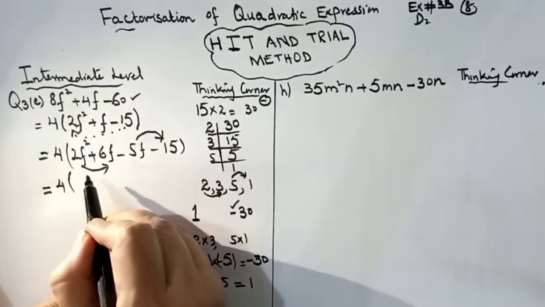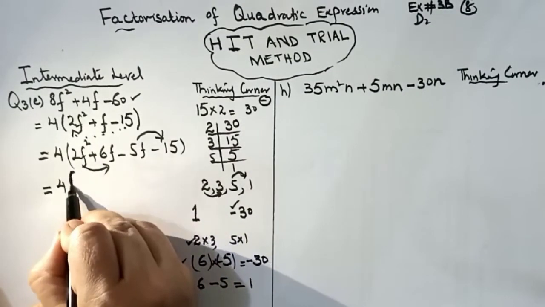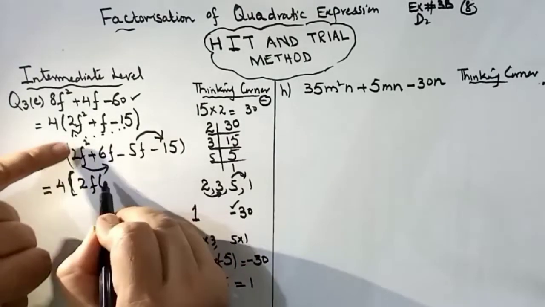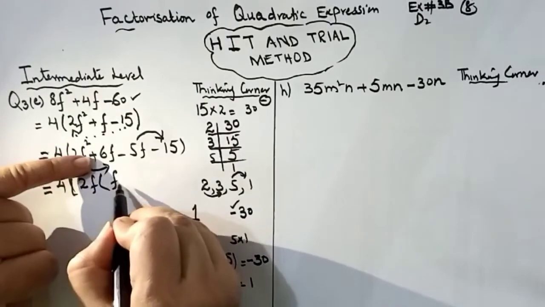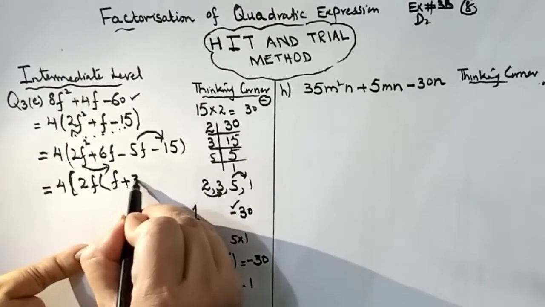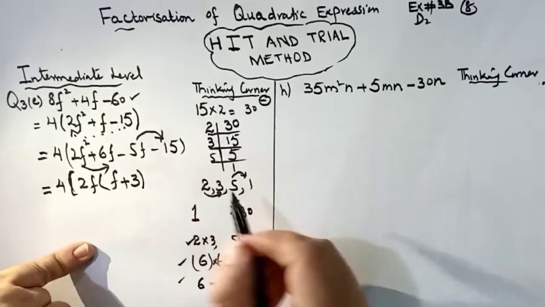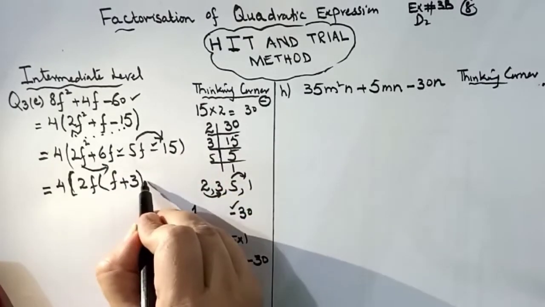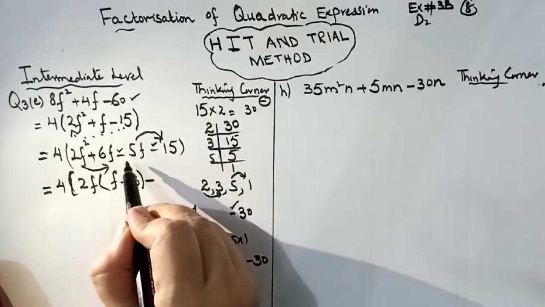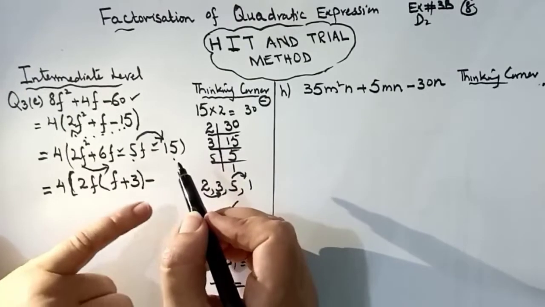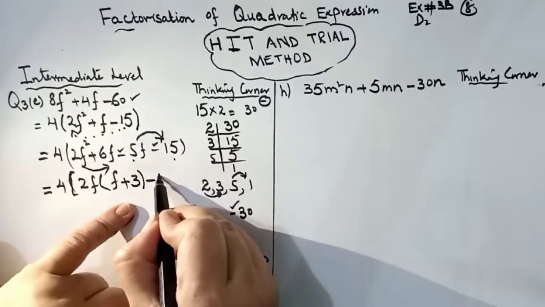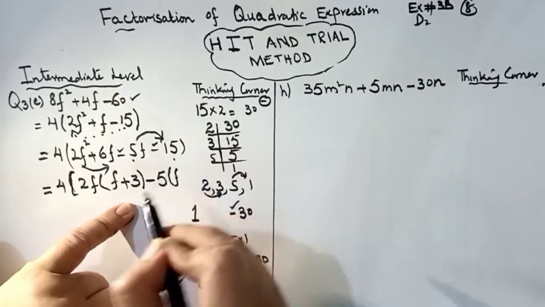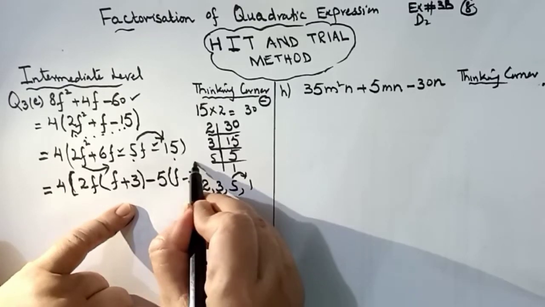I can see from the first 2 terms 2 is common, so I have to extract it out, and f as well is common, so I will be writing it out. On the first place I will be left with f, and then I have to copy the sign as it is, plus 3, and close the bracket. Look at the second part of the question. We can see both the terms have minus sign, so I have to extract minus sign out. Looking at the numbers 5 and 15, 15 can come in the table of 5, so I have to think, 5 how many times 15? I have to extract 5 out, and f minus 3, and close the bracket.